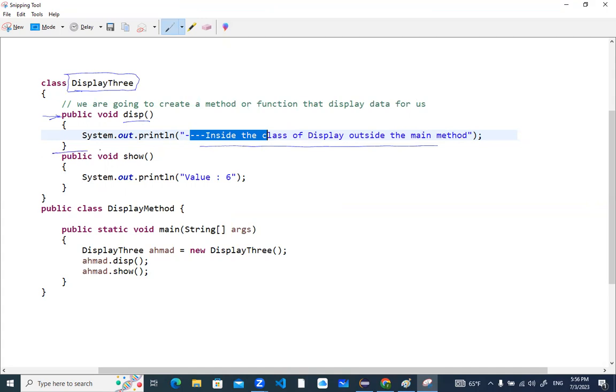And I have another method. Its name is show. Inside show, I only display the value 6. I wrote the value 6 inside system.out.println, which is a predefined method. So these two methods are my user-defined methods. Now, these two user-defined methods,